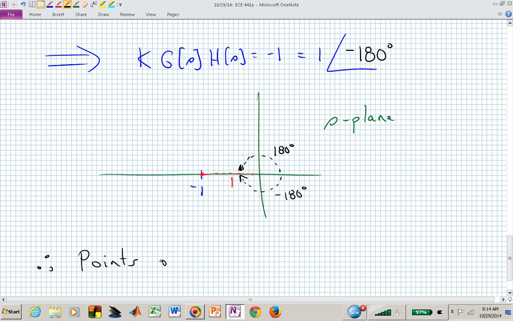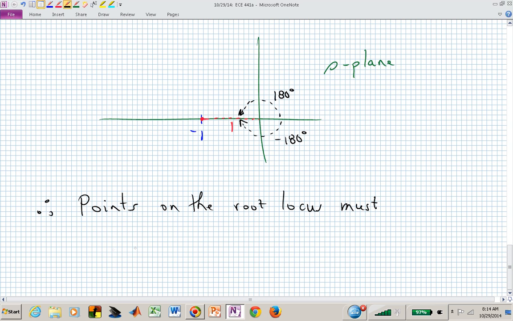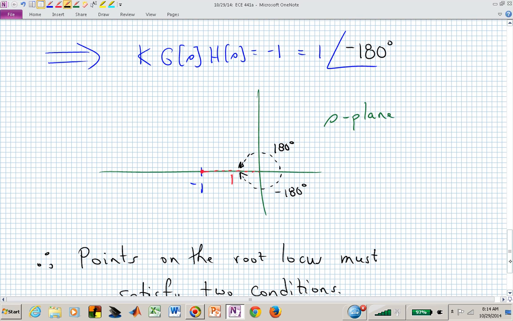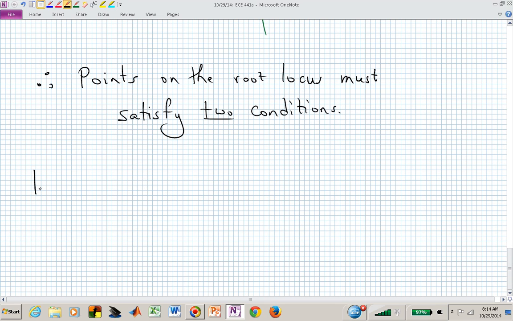The points on the root locus must satisfy those two conditions. So if you get lost in these rules, just realize that it's not that big of a deal. They all are just saying we have two conditions, one at an angle of -180. And I will refer to those when I talk about this